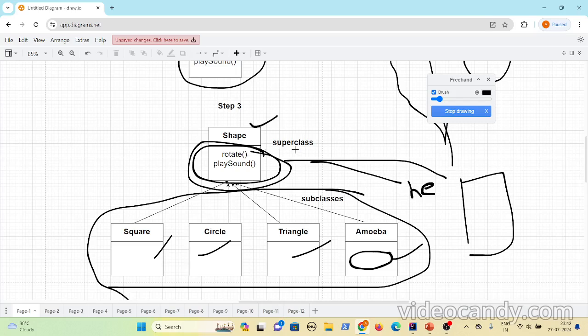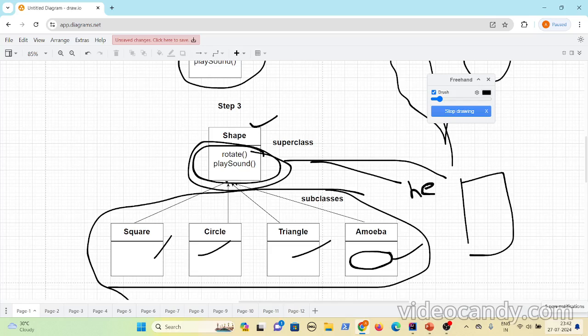You have defined some logic and you are telling your subclasses to use that, but your subclasses have their own behavior. This behavior doesn't make sense to the amoeba. So how can we solve that problem?